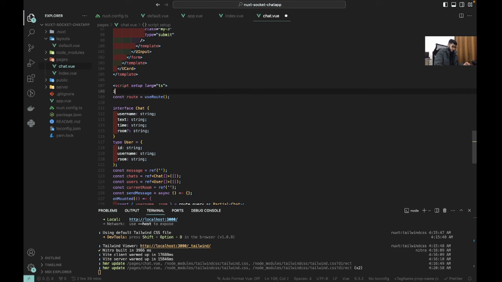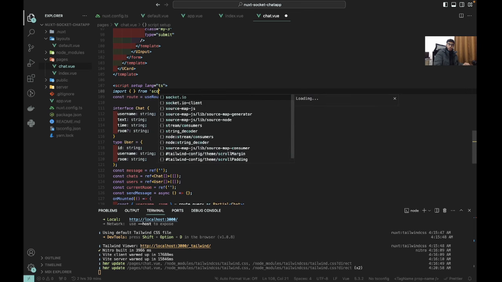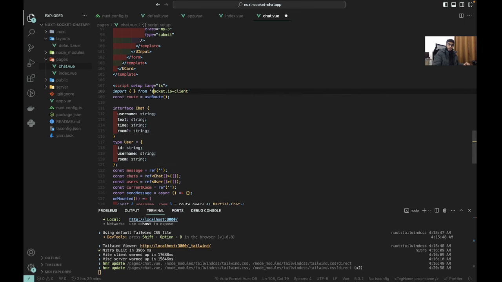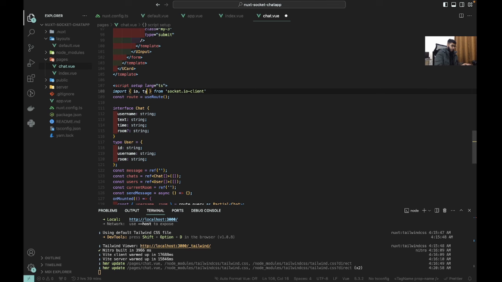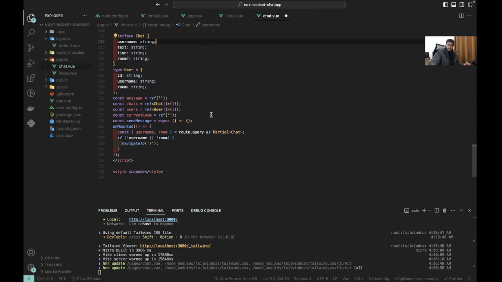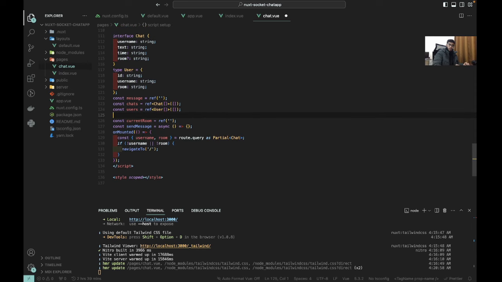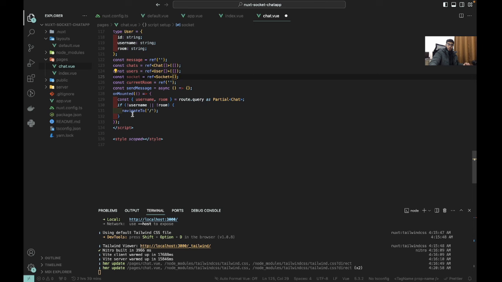Import from socket.io-client, and here I need two things, io, and I need the type which is Socket. Yes. So now let's define the socket here. const socket is equal to ref, type is basically the Socket, the one we just imported, and the initial value is undefined. So in onMounted, after checking this thing,